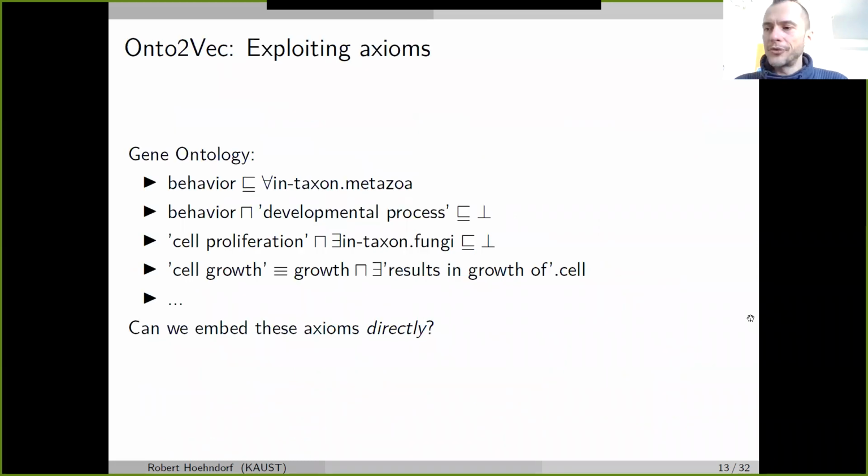Then we moved on and tried something new by exploiting the axioms directly. We thought, okay, maybe this graph is a little bit ad hoc and we need to also find ways to generate this graph. When we looked at these axioms, some of them cannot easily be represented in a graph. They might include 3 classes, and then we need some kind of weird or artificial nodes which make them up, which link to 3 classes in different ways. So it's not so easy to generate this. So the question was, can we do this maybe directly?